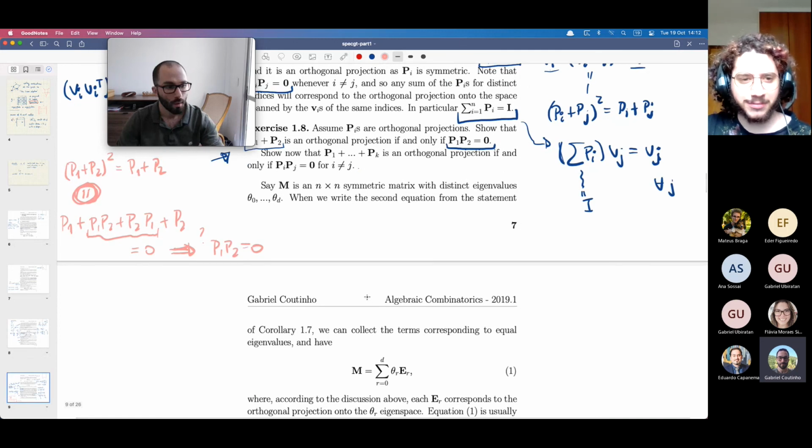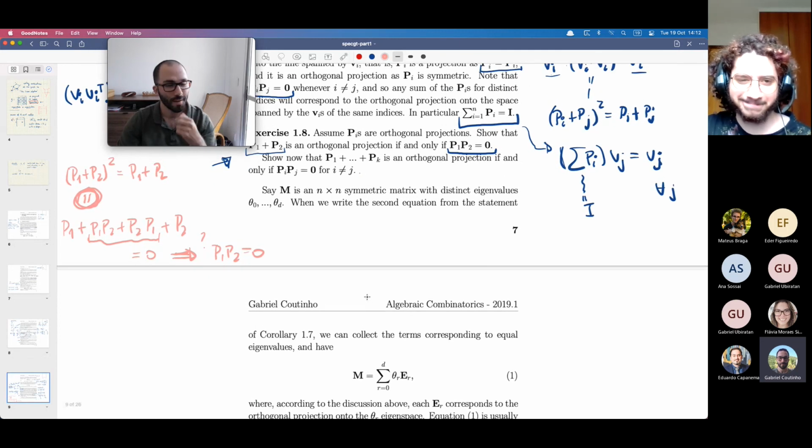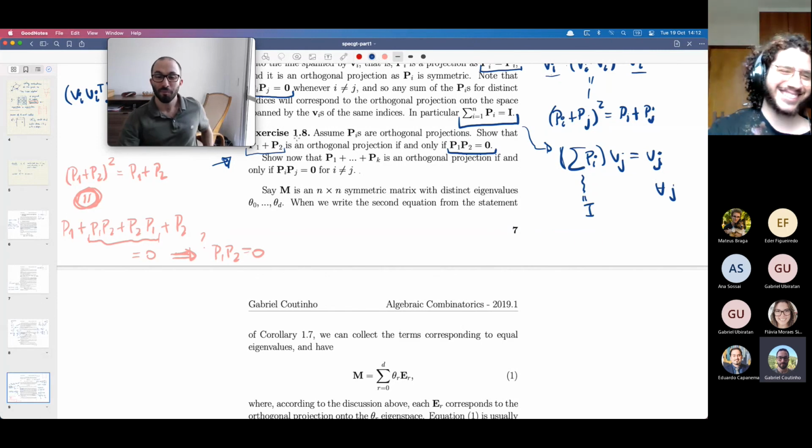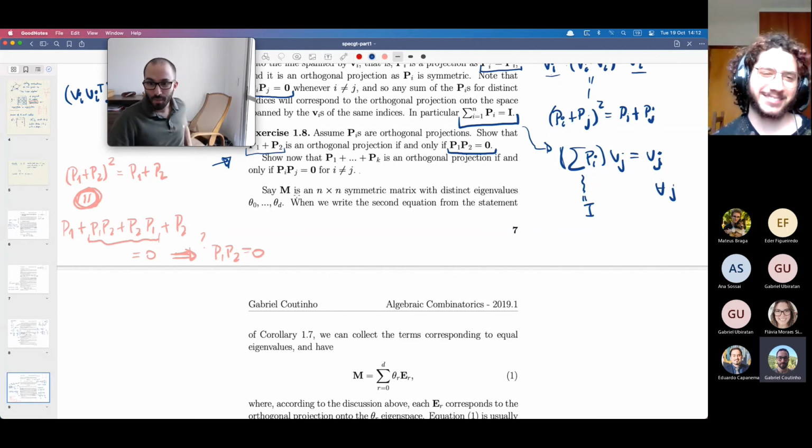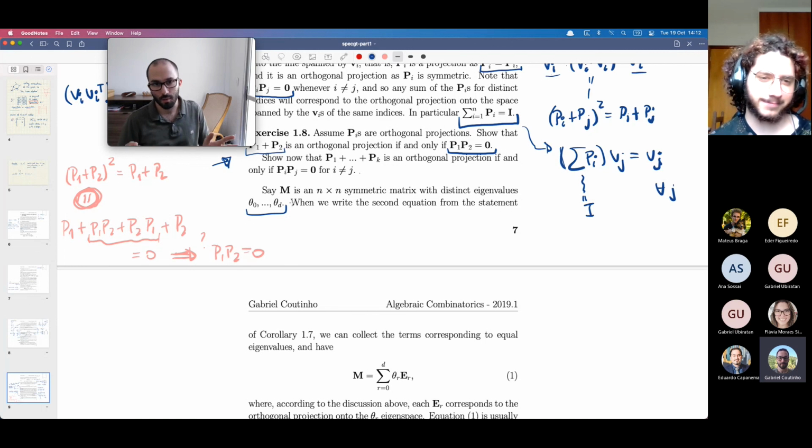I was just waiting for this exercise to appear. Oh yeah, that's my favorite exercise. Now, M is an n by n symmetric matrix with distinct eigenvalues. So now I am assuming that I have already compiled my similar eigenvalues. I have my high dimensional eigenspaces. So I will be assuming typically across this course that my matrices are n by n and that my eigenvalues have been listed from 0 to d. Don't ask me why, I'm simply used to this. Please get used to this as well.